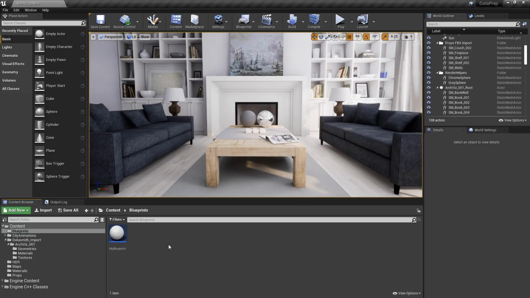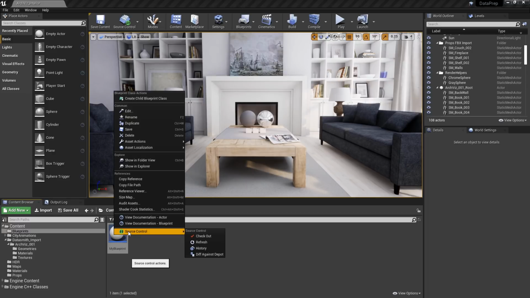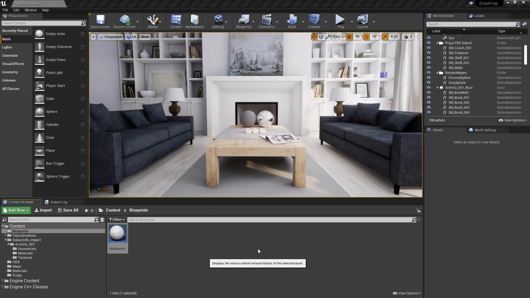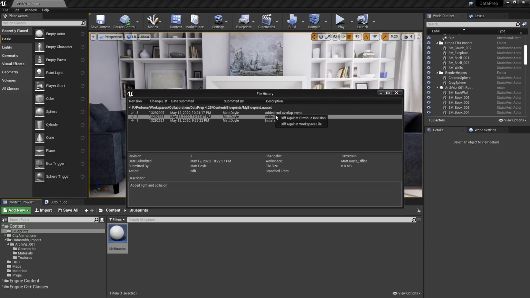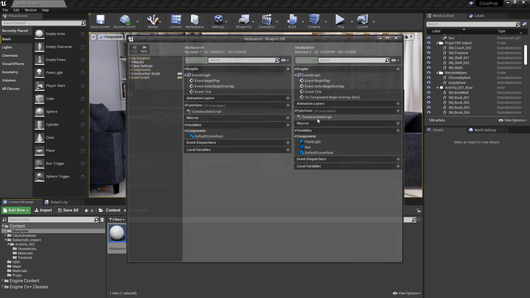All right, so now that we've made some changes, let's do some diffing of those changes. We'll right-click on the asset, and under Source Control, go to History. And then we have our different changes here. Let's start with the second revision. If we right-click that and then diff against the previous revision, which was our initial commit, we get our blueprint